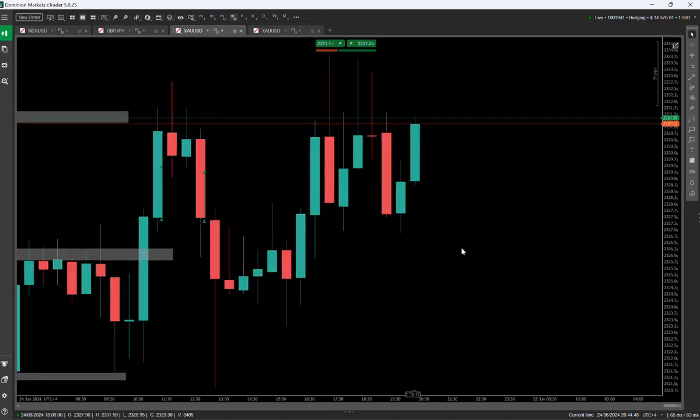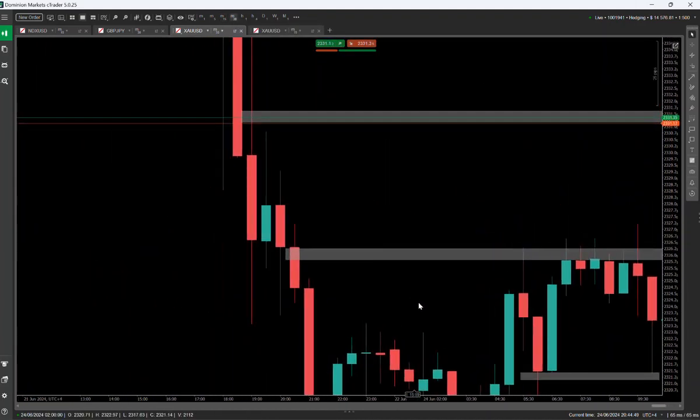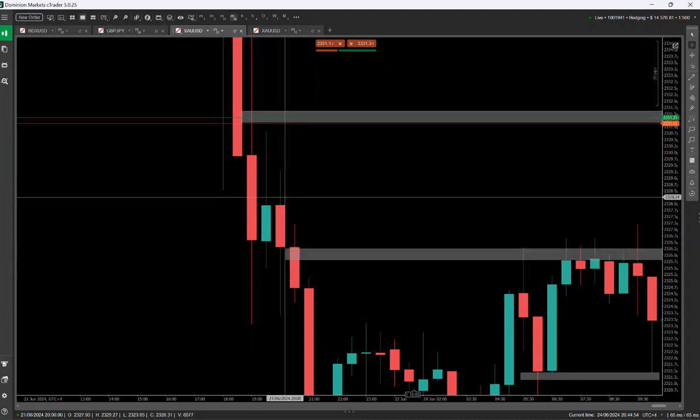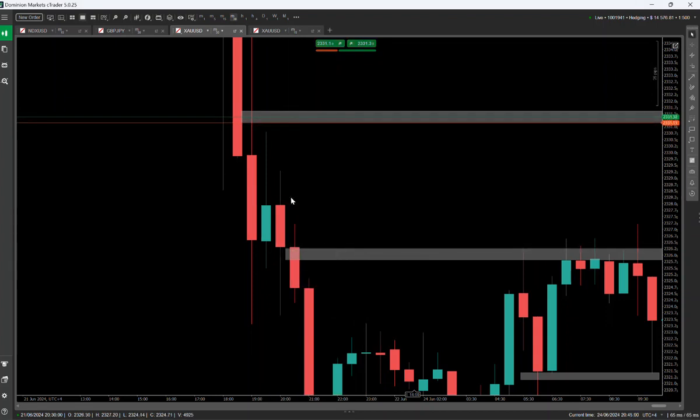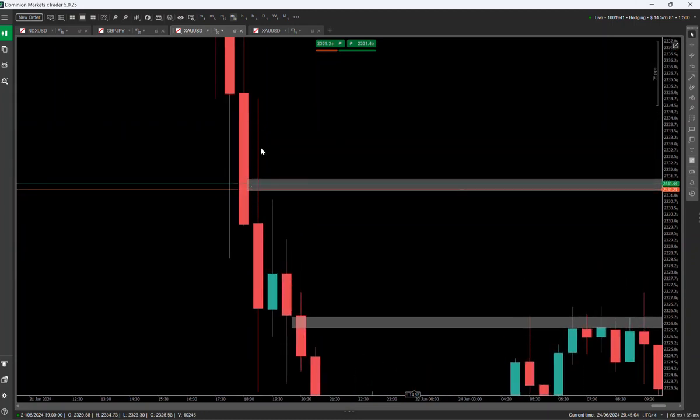Now, looking at the 30-minute, first we have to identify, if we break above this area, how far can price go? We look to the left-hand side and think, okay, maybe we can come up towards 23.28. How much is this range? This is like a 19 to 20 pip range. Okay, well, there's also a wick over here, and there's also a big wick right over here in the 30-minute